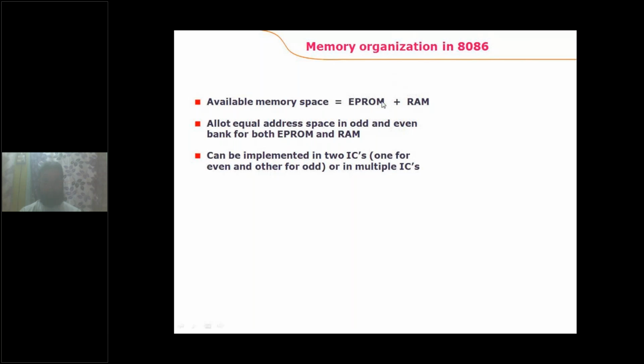So the ROM should occupy the address space of the memory which consists of the operating system. Basically, the operating system is available in the last memory locations. Why? Because whenever the 8086 microprocessor is reset, all the registers are cleared except one register, the code segment register. The code segment register is initialized with FFFFH, and its associated register, IP, is initialized with 0000.